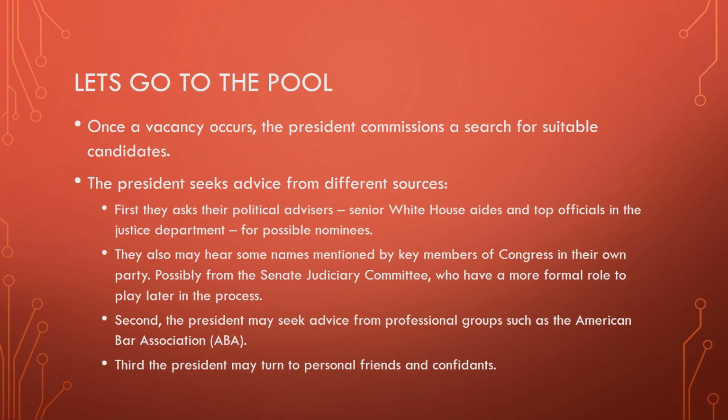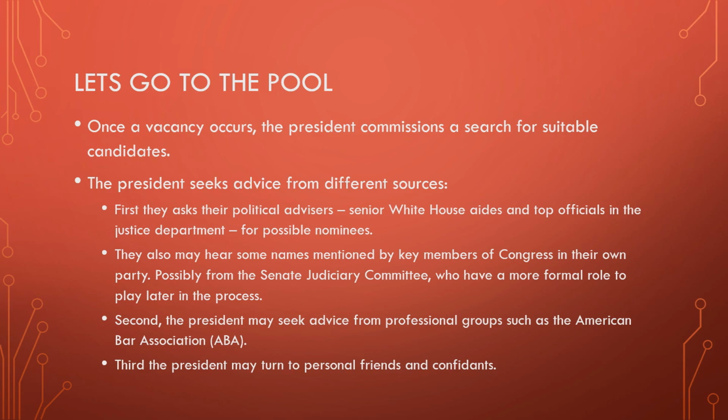Then they may seek advice from professional groups, such as the American Bar Association, although that is only usually done by Democratic presidents. Republican presidents tend to ignore what the ABA say and go with much more of an ideology-led Supreme Court justice, whereas the Democrats often seek advice from the ABA and work out which one would be the best for that.